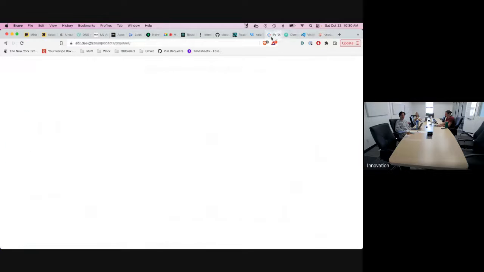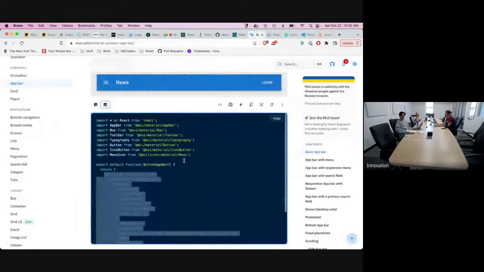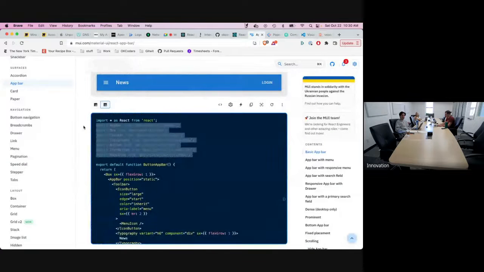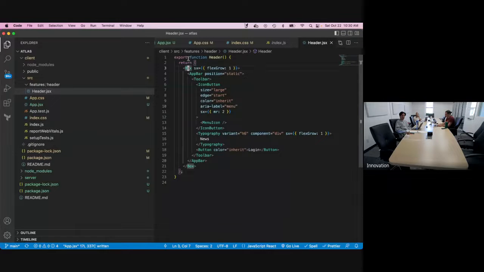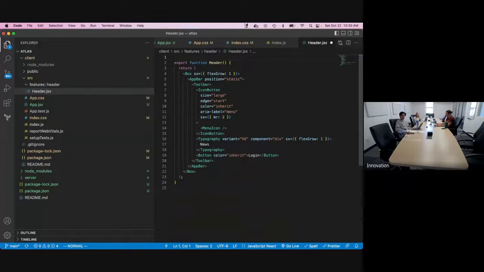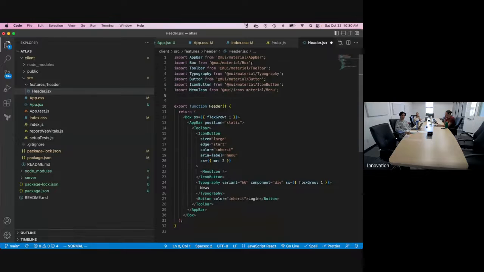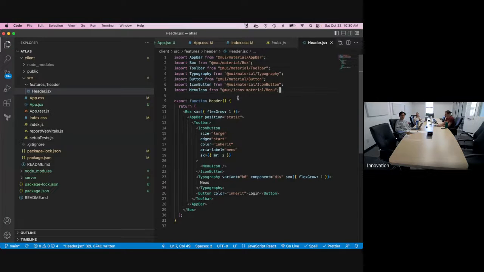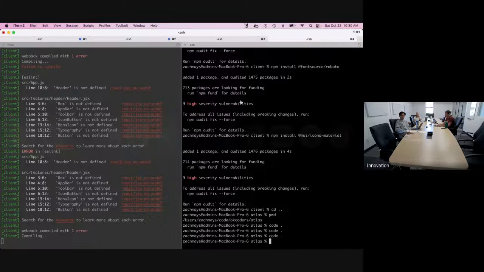Yeah. So yeah, I don't really know what's going on. So app bar, box, toolbar, button, icon button, menu icon. So